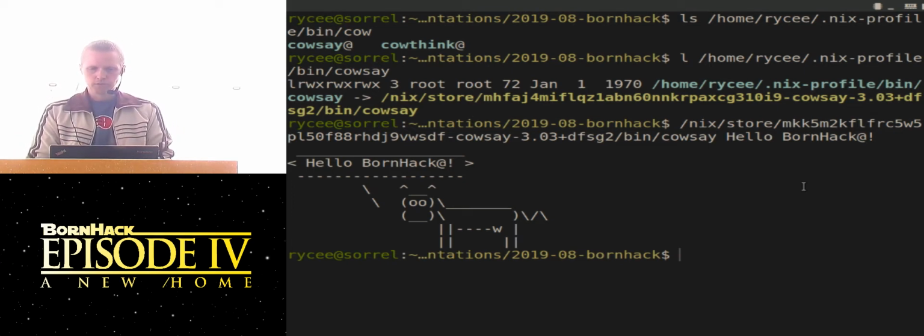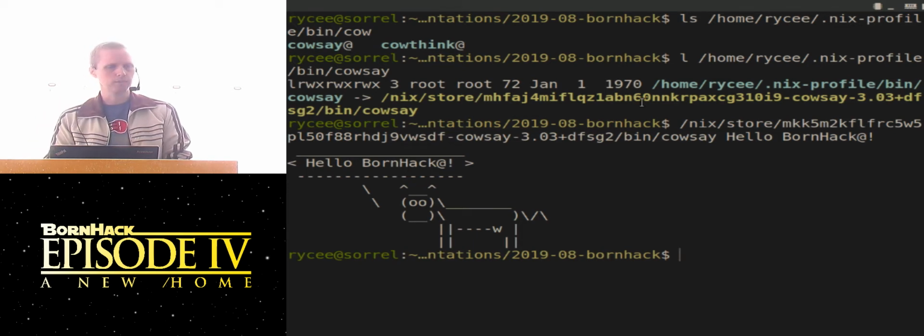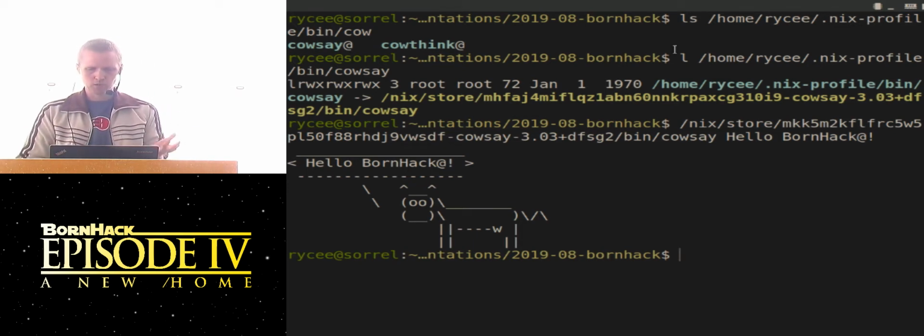So there's nothing hindering us from having several different variants of the same package installed in our system at the same time. It's only in my actual user environment that I can only have one version of cowsay installed at the same time. But I can always access the other versions by specifying the entire store path.